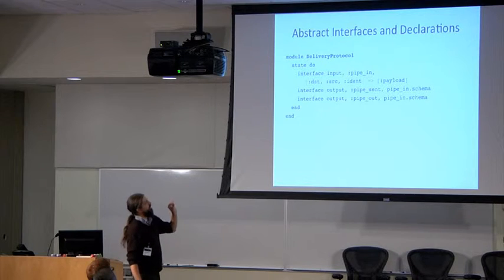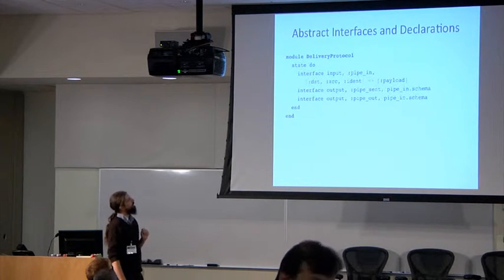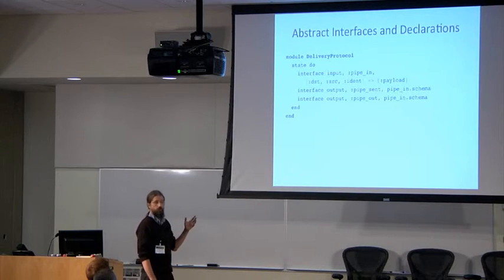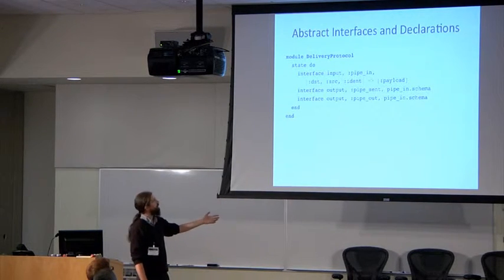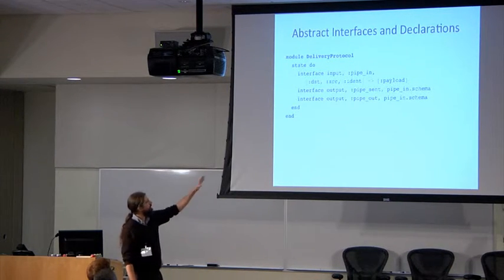So we have an input interface, which is a unidirectional transient called pipe-in. It has 4 columns. There's a destination address, where the record is bound for. There's a source address, the sender address, return address. There's a unique identifier for the tuple, just as is the style. And the tuple has a payload.